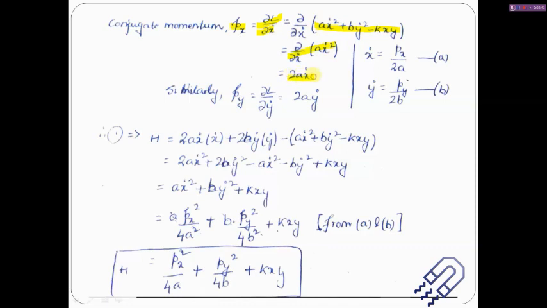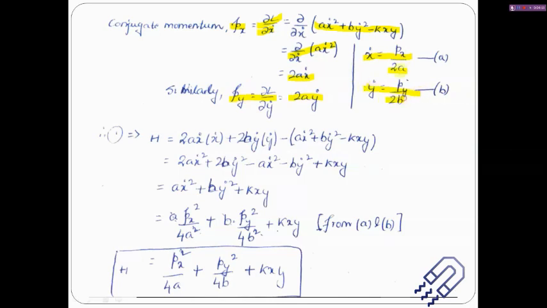We can write px is equal to 2a x dot, and it's usually good practice to write down x dot in terms of p also. So we'll write it together. These are some steps which are more or less mandatory in solving these kinds of problems. If you write down these steps, you can use them later to write down the answer in whatever way it is asked. Then we find out py using a similar logic, and we have py equal to 2b y dot. And then what is y dot? y dot is nothing but py divided by 2b.